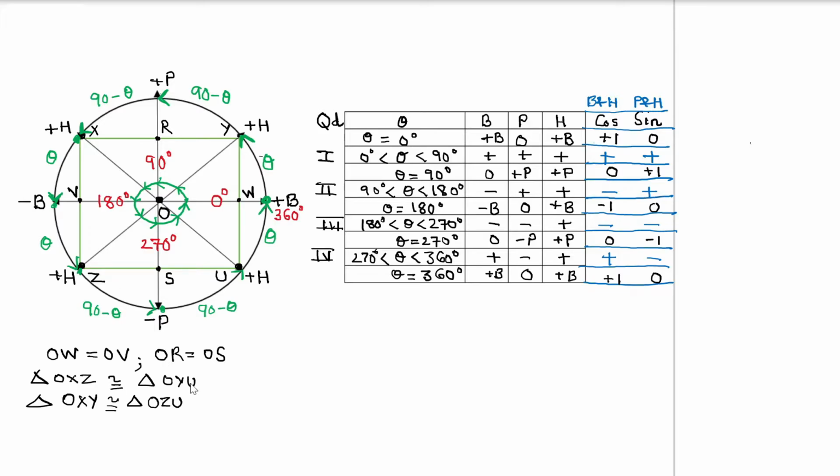Let's see how. So now we know that P divided by H is the outcome of a trigonometric ratio, and this trigonometric ratio is denoted by sine of plus theta, which is sine theta, where theta is nothing but a value which lies in the first quadrant. Incidentally, if I talk about this diagram, we are basically referring to the angle YOW, which is theta. At the same time, we know that WOU also is theta.